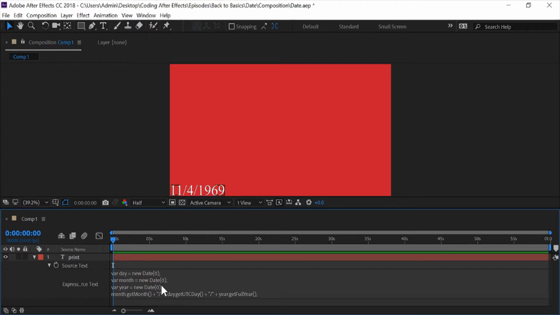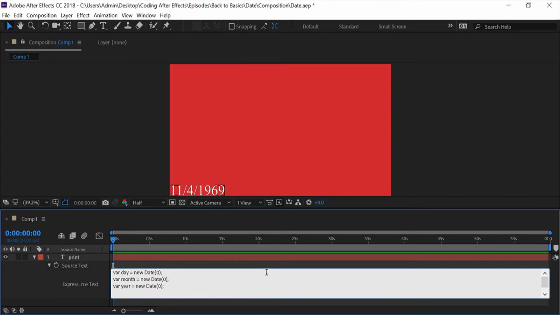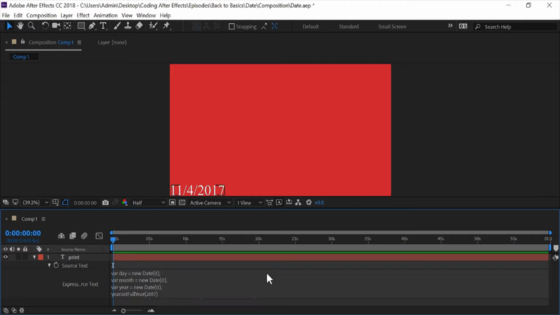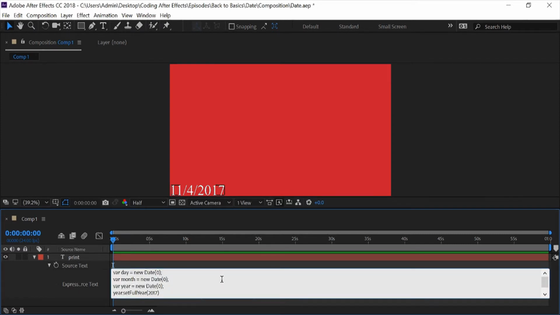We're getting this because we need an argument for a date. It's a little bit complicated, but since we're putting an argument of 0 or any type of argument into Date, when we use getFullYear, it's going to give us 1969. And if you were to use getUTCFullYear it would have given you 1970. But we can change this by going before that last line and putting in year.setFullYear(2017);